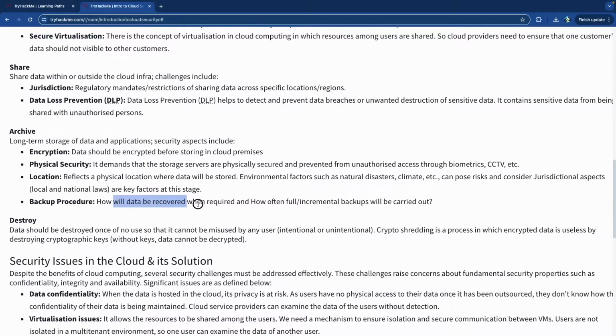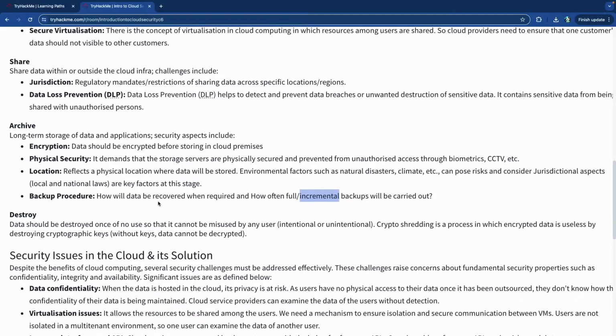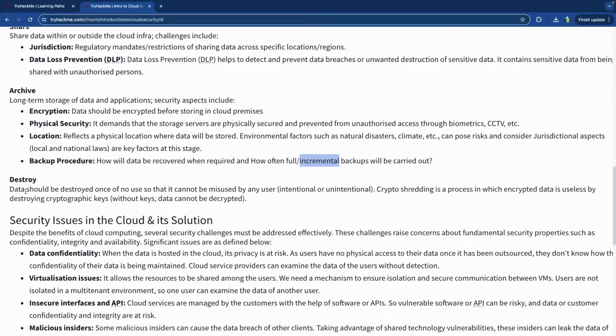Backup procedures. So how will the data be recovered if something does happen? And how often do you need to have full or incremental backups to make sure that all of your stuff is current in the archives? And then you have the destroying of the data once there is no use for it and it can't be misused by anybody, or you don't need it for whatever reason, then you just get rid